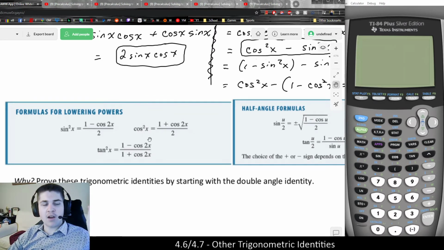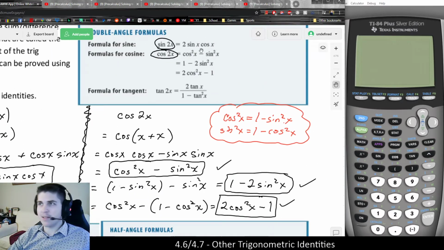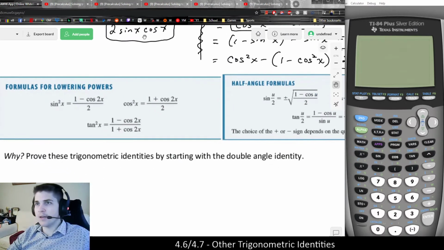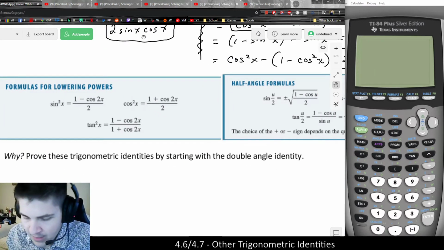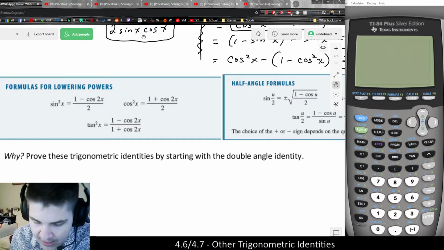And really, these are true exactly because of the cosine's double angle identity. Because notice that in this identity, we prove the connection between cosine of 2x and sine squared and cosine squared. Well, if I take each of those identities and solve them for the square, I'm going to get the power-reducing identities, which is actually very, very easy. So let's go ahead and do that. But if I start with the fact that